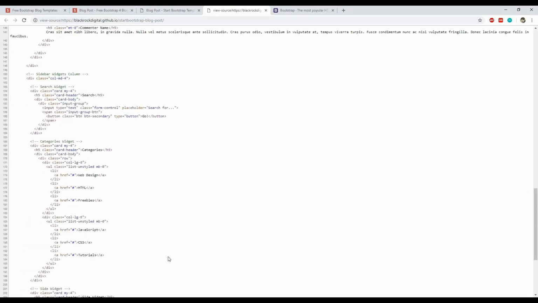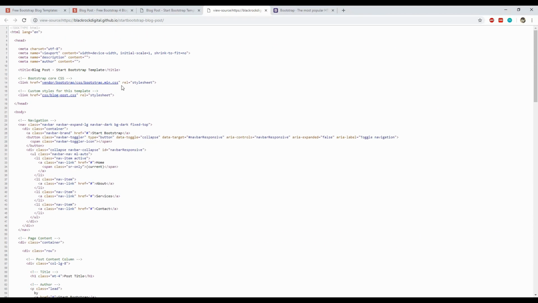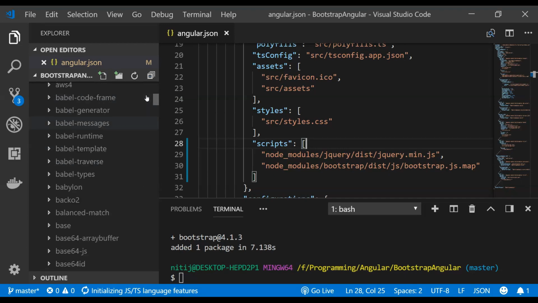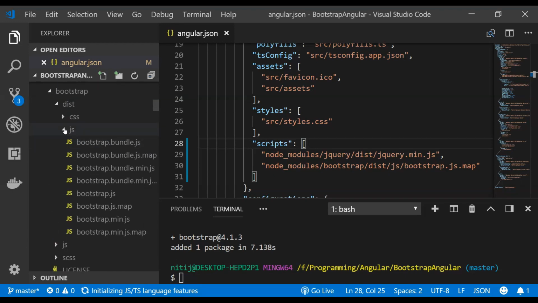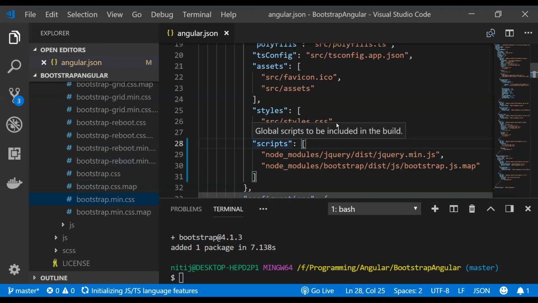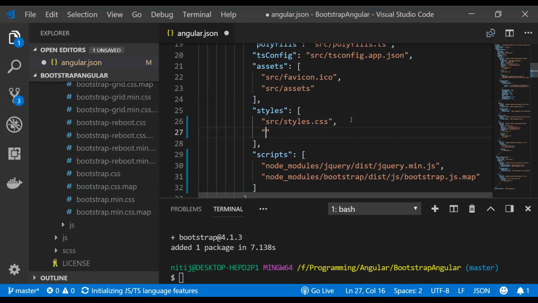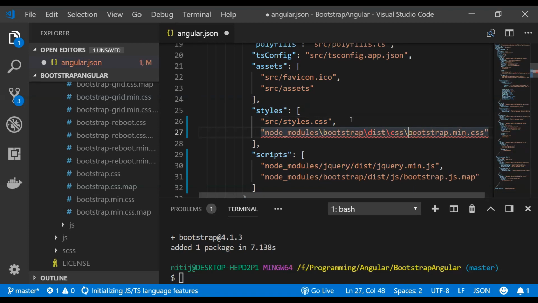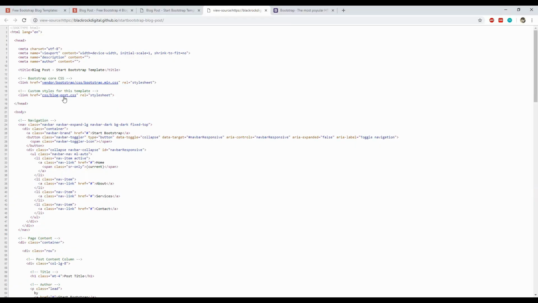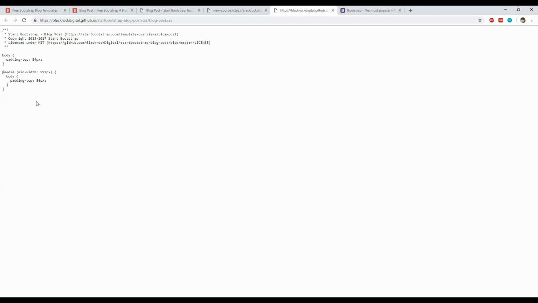And now apart from the JS file, there is also the reference of the Bootstrap's style sheet or CSS file, and I'm going to copy the path of that CSS by going into the CSS folder, and then let's copy the relative path of the Bootstrap CSS file, the minified one. Okay, and then the last thing which we need to take care of about the style sheet is this custom